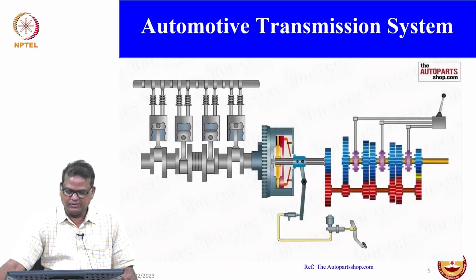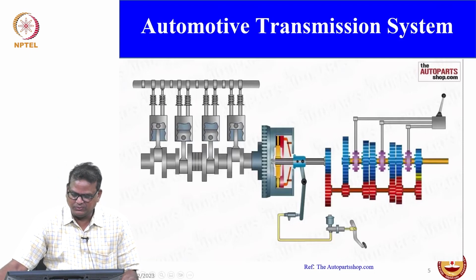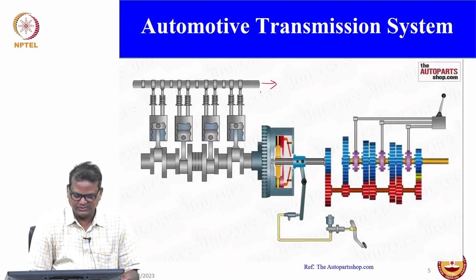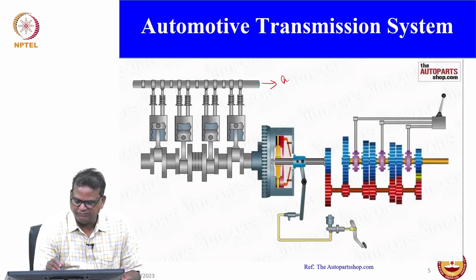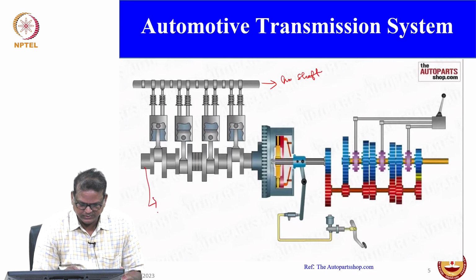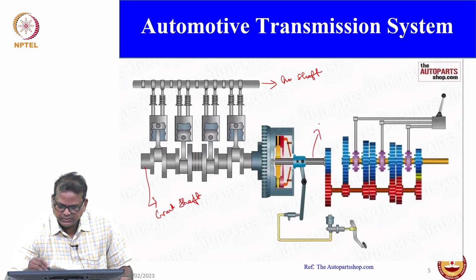Right. Look at this. This is the typical transmission system. You can see various shafts, right? What shaft does this represent? It's a camshaft. This is your camshaft. You can see the various aspects, and this would be your crankshaft, right? This is the crankshaft. And you can see that this is a spline shaft